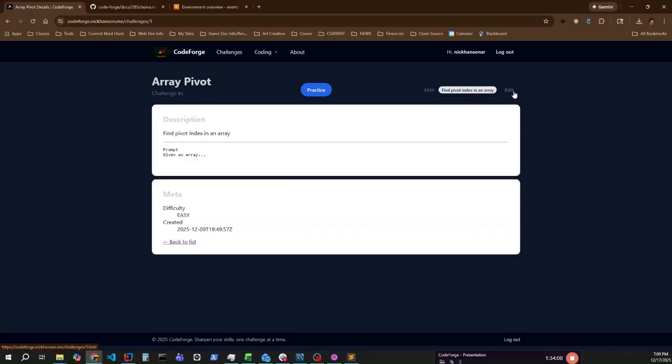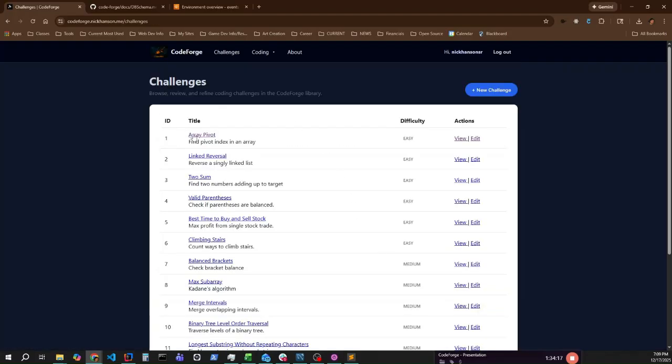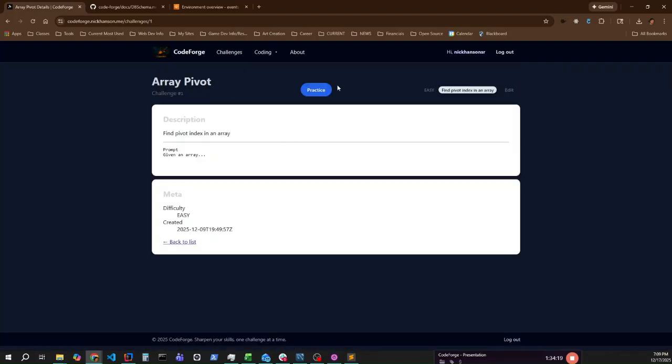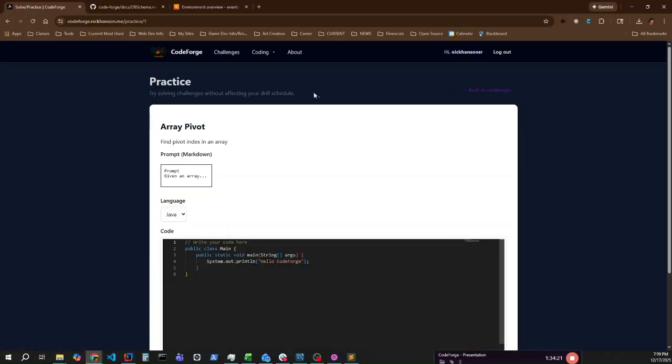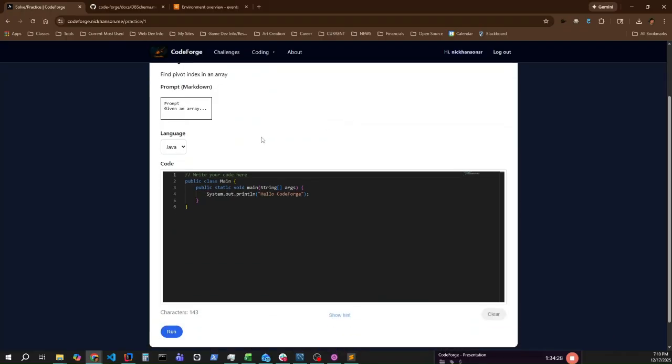And it's got CRUD, the ability to edit, create new challenges, and practice. This is the practice page for a specific challenge, and it gives a user the ability to